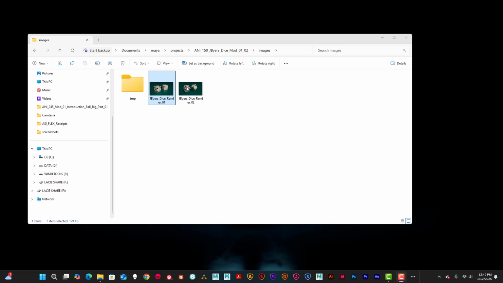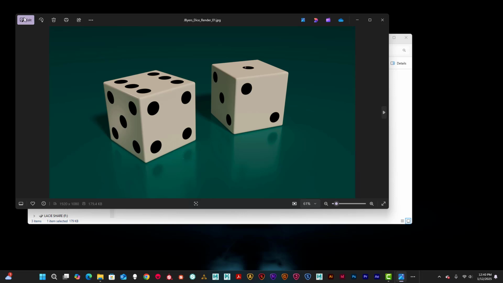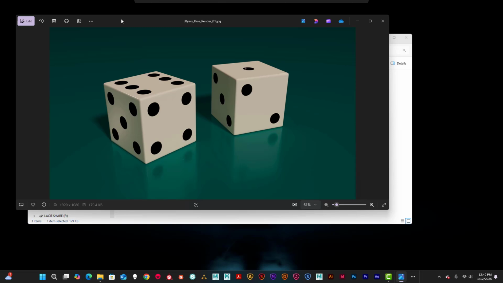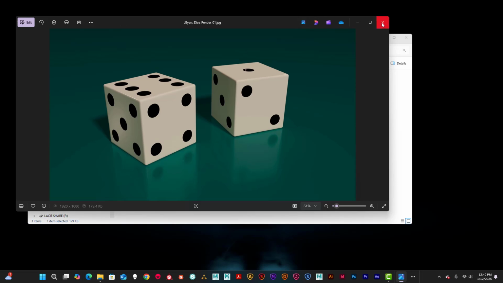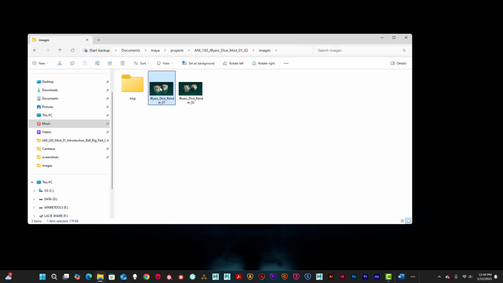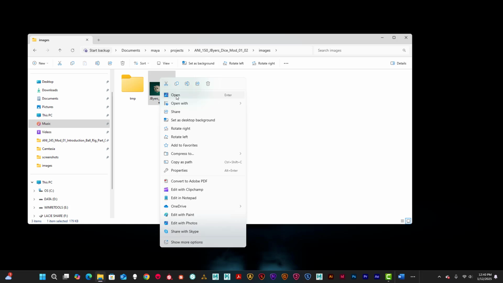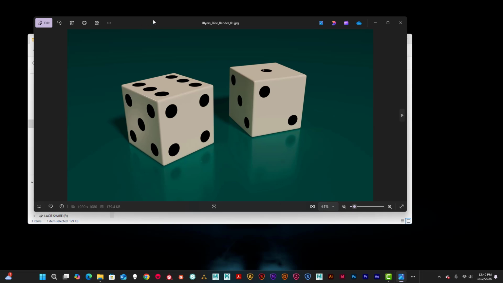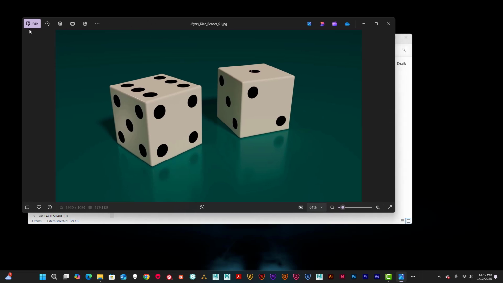The renders are okay. They're as good as you're going to probably get in Maya. Then you just want to either double click on it, and it'll open it up with this icon. This is Windows 11. You can also right click over it and go to Open. That'll do the same thing, and this opens up this editor, so you can click on Edit,